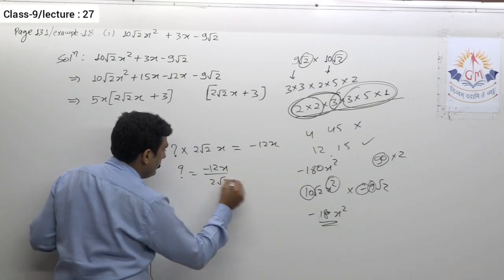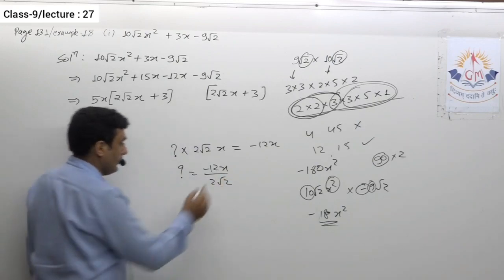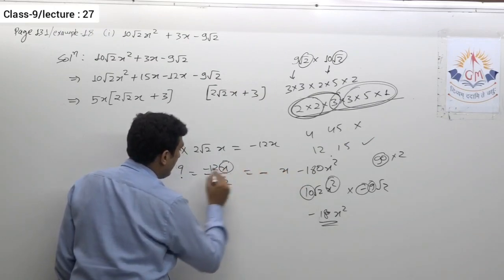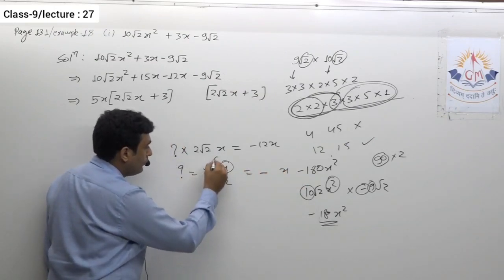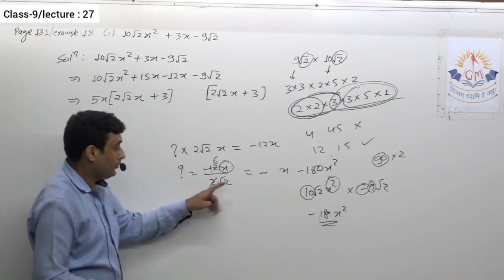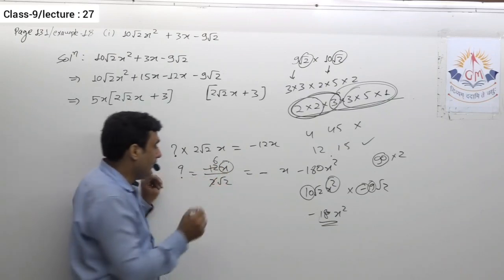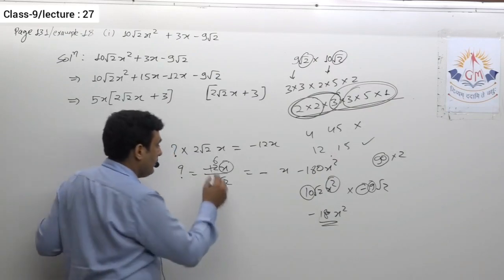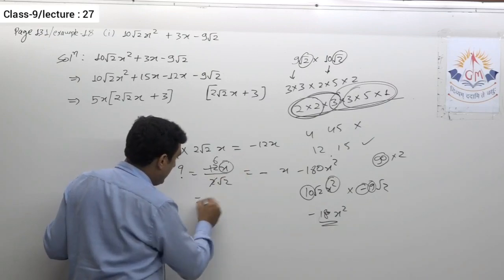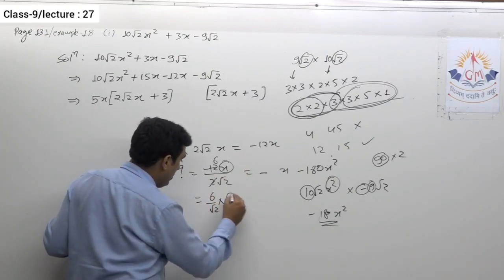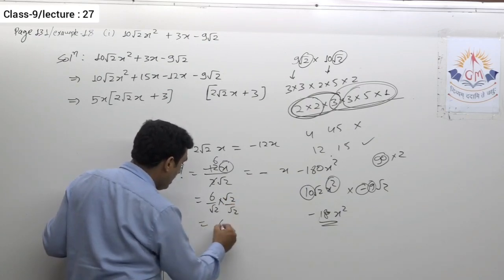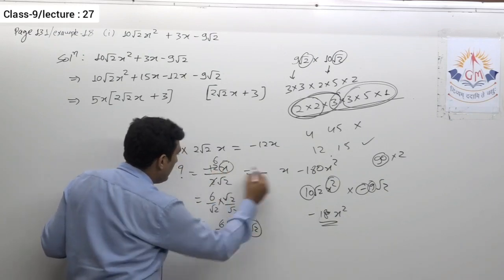So this will be something like this, isn't it? Yes, so definitely x will be there. Okay, definitely the minus sign will be there. Now 2 6 are. Now root 2 is there. We always keep this thing in mind, that we never keep the denominator as irrational. So two things can be done. Either you multiply both by root 2 in this way. Okay, so this gives you 6 upon 2 root 2, that is 3 root 2. When you simplify this, here we will get 3 root 2.